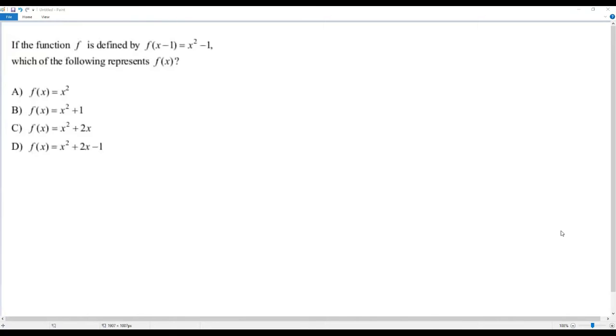Here we have a SAT math problem. Okay, let's go to the question. If the function f is defined by f of x minus 1 equals x squared minus 1, which of the following represents f of x? Here we have a function f, that is f of x minus 1 equals x squared minus 1, and